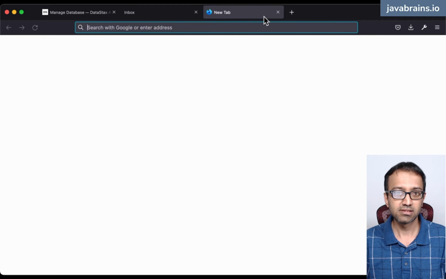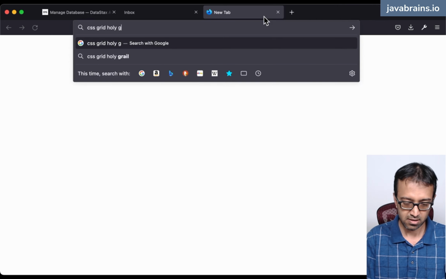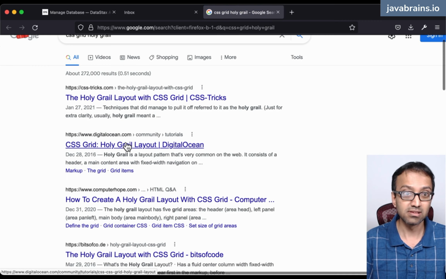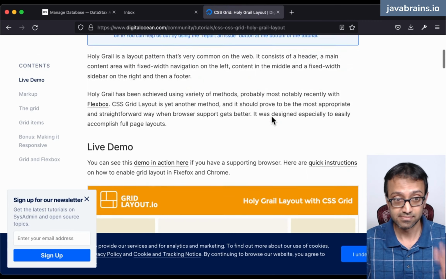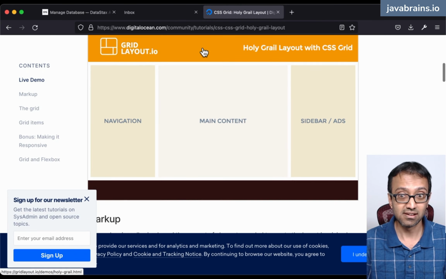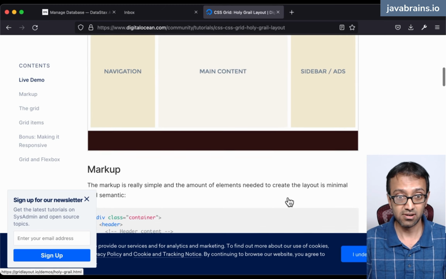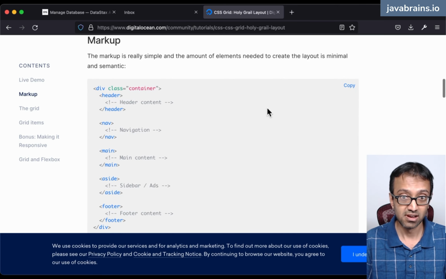So let me search for CSS Grid Holy Grail layout. Okay, this is a very standard kind of layout. So it's something like this, right? So you have the header here, you have the main content, the navigation, the sidebar, and then the footer, right? This is super easy to do with CSS Grid. So I'm going to copy the markup over here to